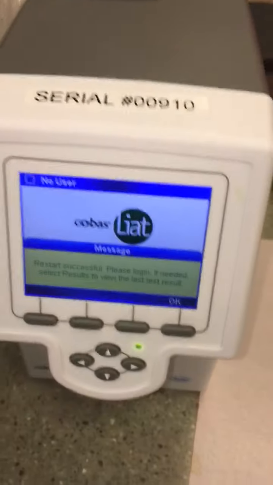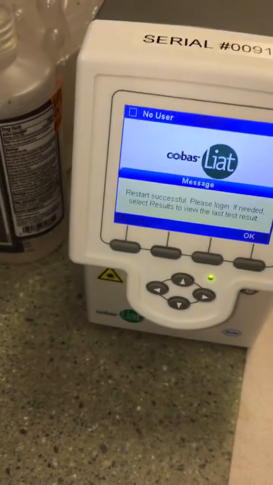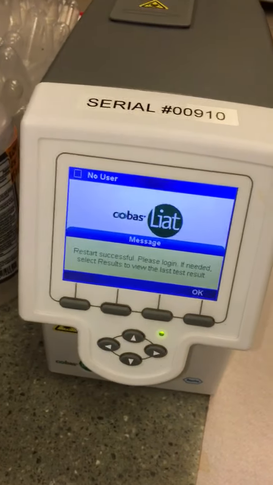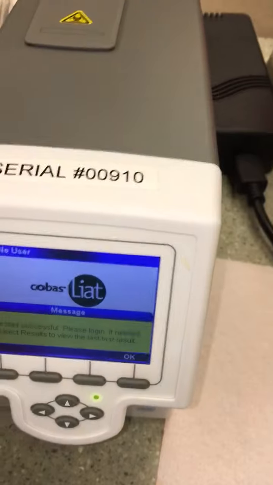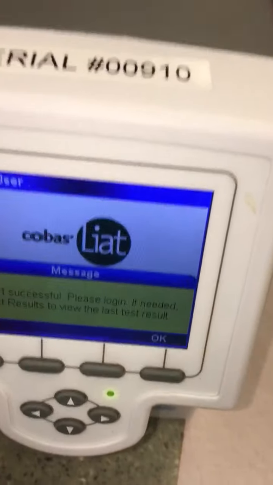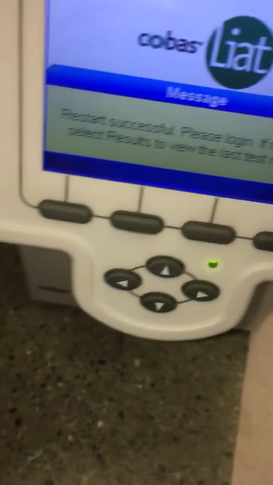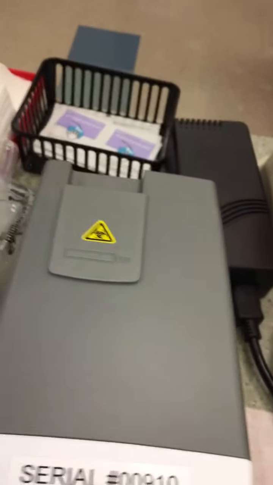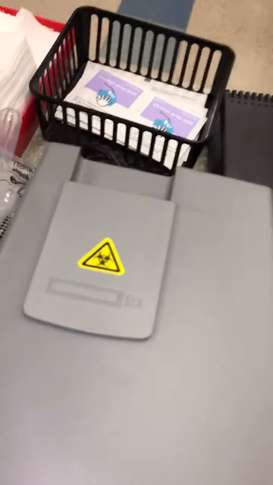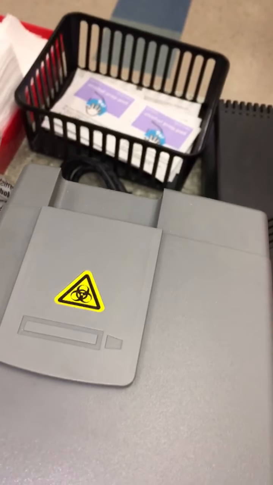This video is to review the Cobas Liat molecular testing for flu and RSV. Generally speaking, this is the machine that we're going to be working with. It's a Cobas Liat. It is a molecular test. This is the digital screen here. The keypad is down below, and up top is where the test cartridge gets inserted once it's inoculated